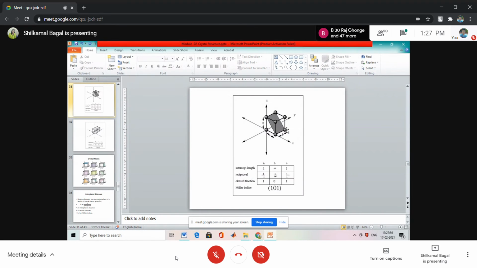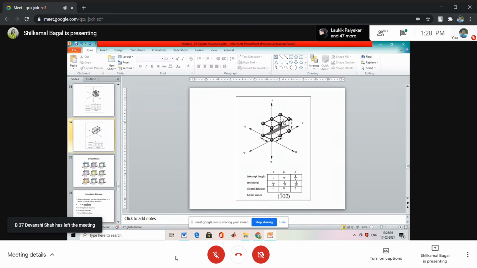Actually, this plane is not limited to this much only. It will continue in this direction, in this direction, in this direction. A plane is nothing but a plane surface. But we have to restrict it to be drawn within one unit cell only. So within this unit cell, this plane will go up to this corner. It won't go beyond that, the unit cell has ended. Then from the upper point, this corner, draw parallel to y. Where is y? Here. So from here, how will it go parallel to y? Up to this corner. And then again join these 2 points. Show it by shading. This is our plane 1, 0, 1.